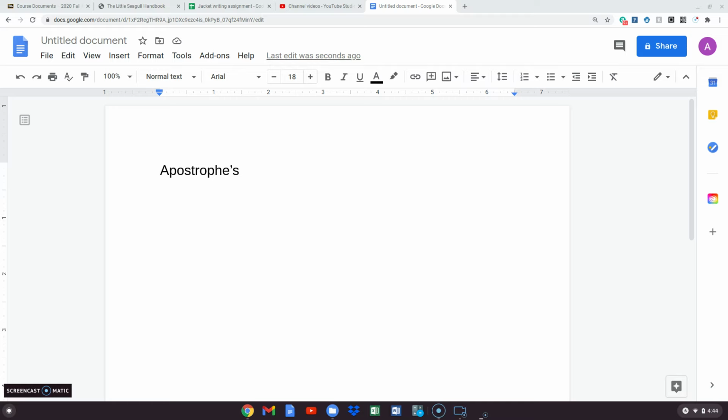We are talking about apostrophes, and I have intentionally left a mistake here. If I just want to talk about apostrophes in the plural, I'm not going to use an apostrophe. So apostrophes are not used for making words plural. They are used for showing ownership. So I'm going to take this out, because if I just say we are talking about apostrophes today, there's no